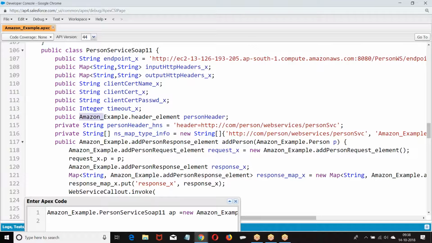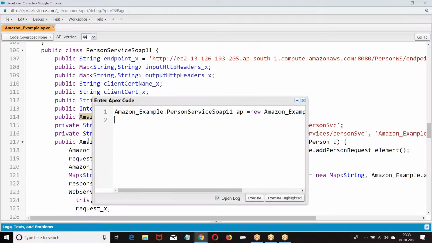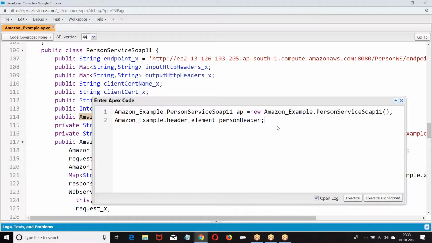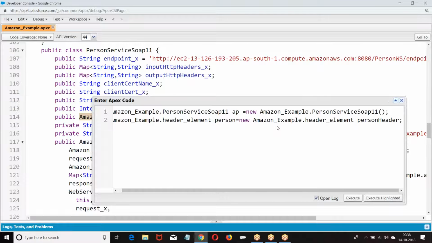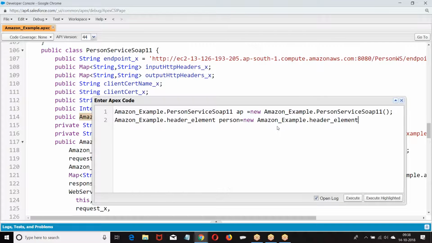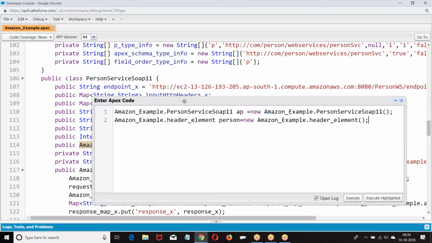What is the header we have? Amazon header element. Copy this. Now, in the Amazon header element, what all the elements are there?